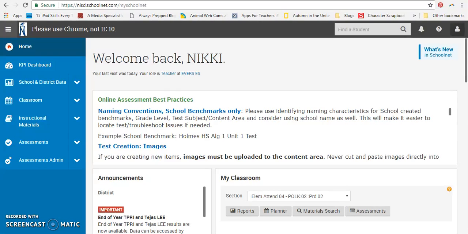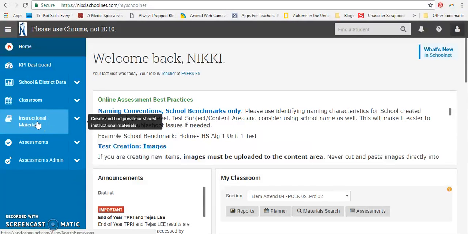Hi teachers. I wanted to show you how to navigate CMS and find timelines and the KUDs. They have updated them and it seems to be a little bit more streamlined and a little bit easier. If you log into CMS, and remember you should be in Chrome, log into CMS and from the home page,